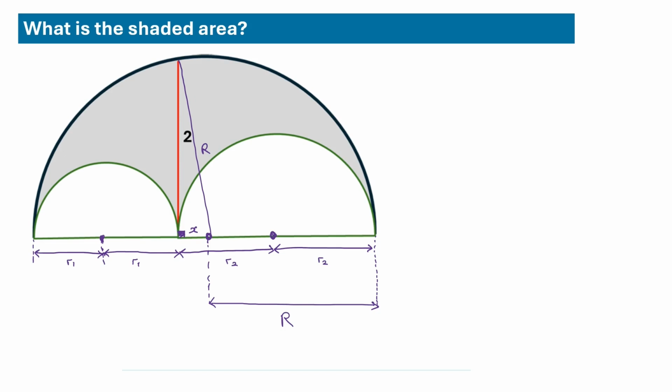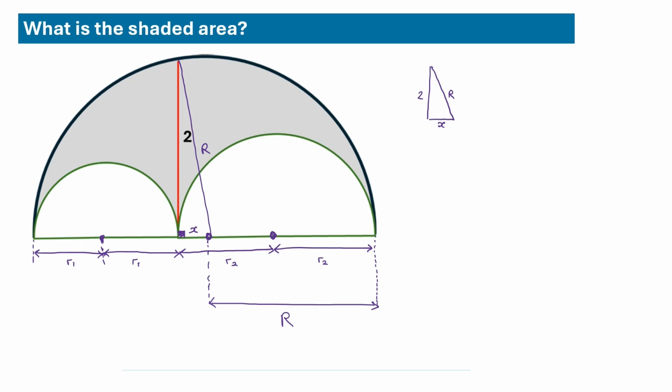Now, I'm going to set up some equations, and I'm hoping they all cancel out and I'm left with something that gives me the answer. It's one of those questions where you just have to do some maths and cross your fingers a little bit. Let's start with the most obvious thing: I can see a right angle triangle, with a height of 2, a base of x,